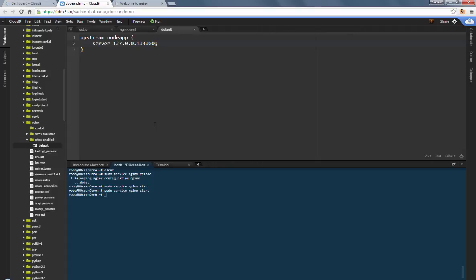Now to define our server, let's type server followed by an open and closed curly bracket block within which we'll carry all the configuration we need for our server. The first thing that we need to do is to type listen 80. The listen 80 command opens port 80 for listening. In a similar fashion, we'll also add listen 8080 so that our Node.js app's socket.io can use port 8080 for